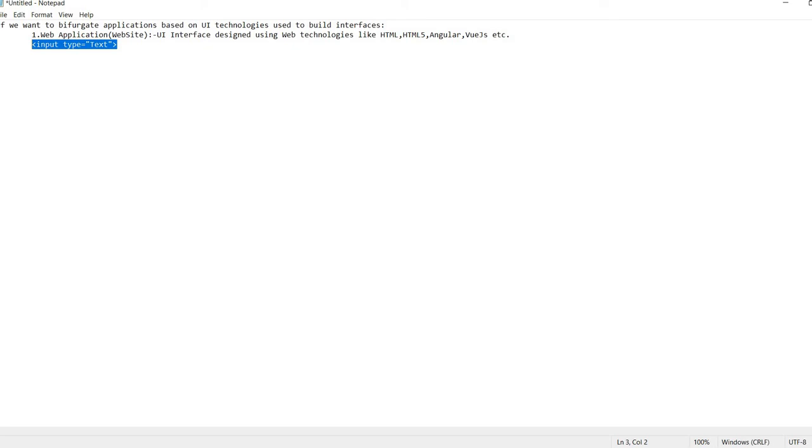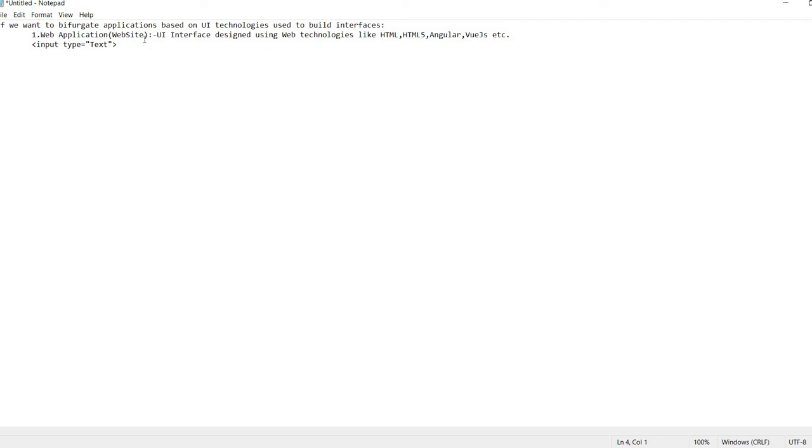There is no control designed with any technology other than web technology. Every control we interact with should be designed using some kind of web technology, and it should be part of the page running inside the browser. That application we will call a web application.